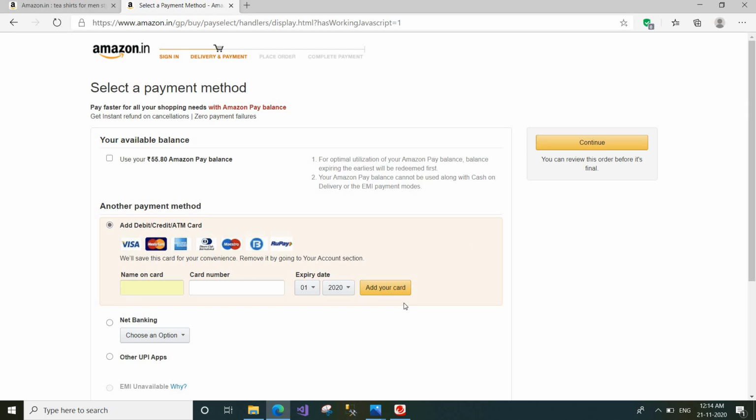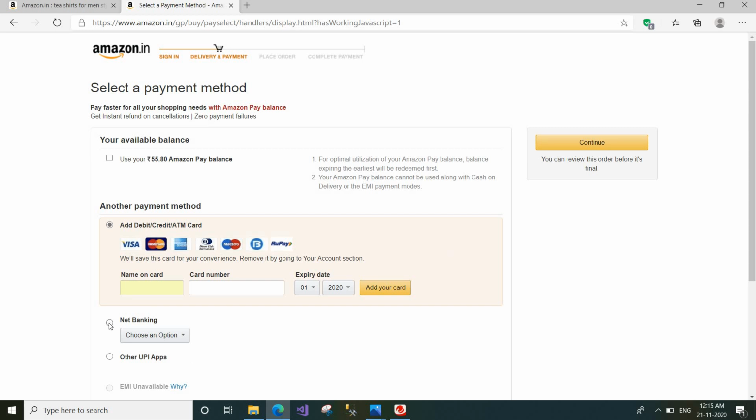Once you add the card, you have to give the CVV number, which you can find on the back side of your ATM card or debit card or credit card. You have to give that number and you have to place the order.